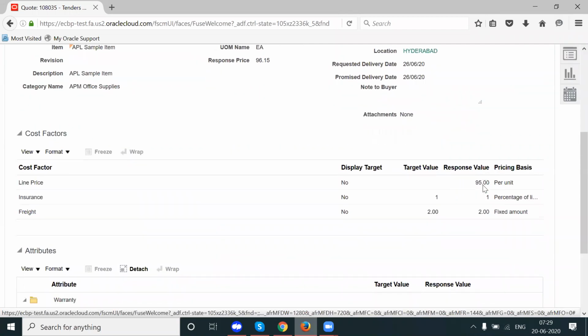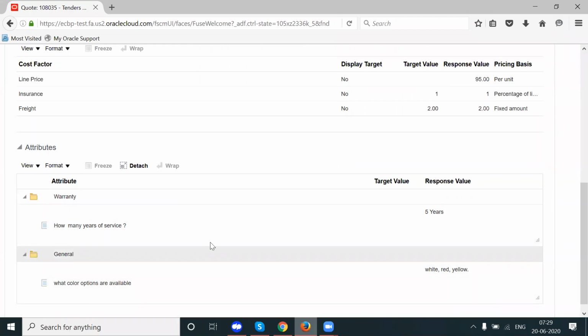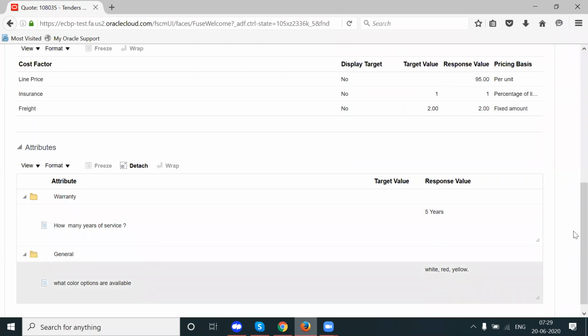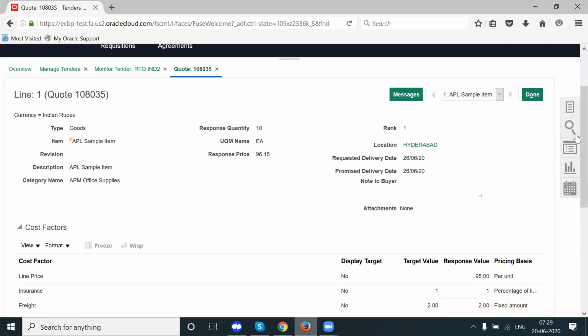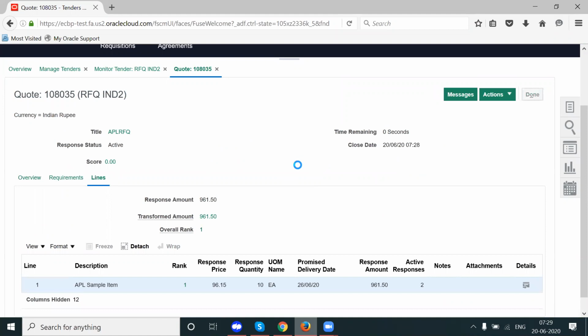And you can see the additional cost factors individually here. And the response against the specifications, 5 years, and then white and red, yellow. So this is the way to evaluate a complete quotation. In a similar way, evaluate the other quotation also.